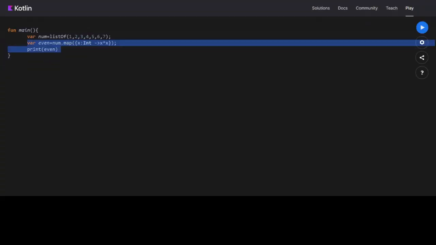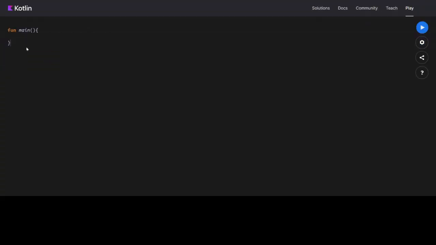I want you to create a class which is called Dice. Then you can also pass parameters here. There will be only one parameter, one property named number of sides.